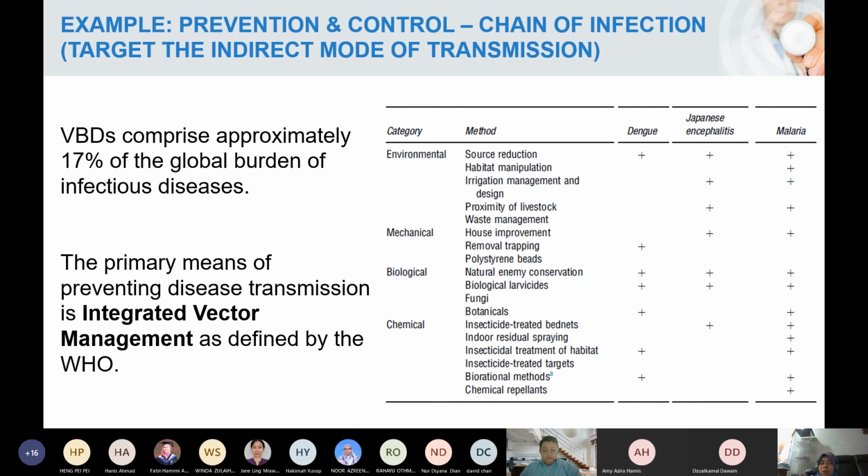Looking at all these categories: the environmental, resource reduction, mechanical housing improvement, traps and so on. Section 3 tengah hotspot baru je orang edis datang, orang PKD datang, edis survey, biological and chemical. So this is targeting at one of the chain to break the transmission.